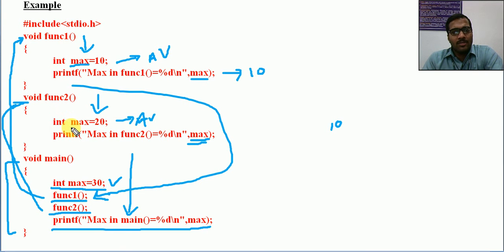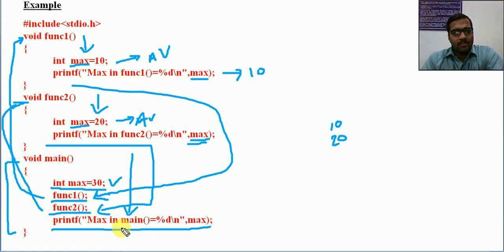So locally this is a local variable to function 2. So inside this function max will always refer to this max, and its value is 20. Okay, so during this call it will print the value of max as 20. Okay, then it will return to the same location.